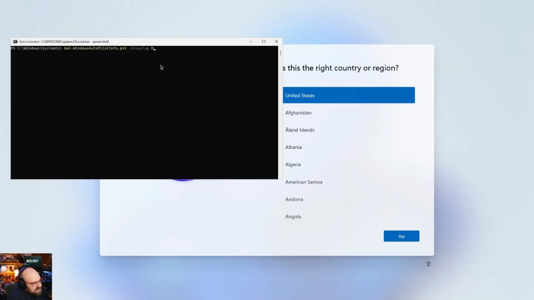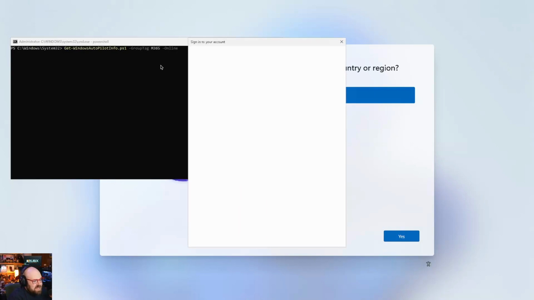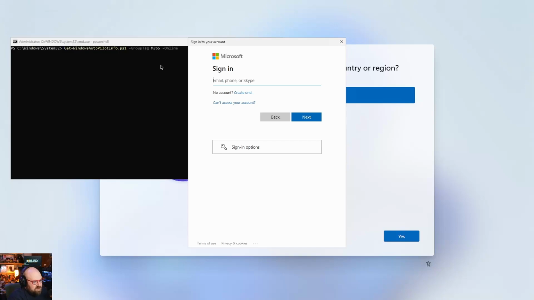But for now, we're going to think of a simple tag that we're going to want to use for our devices. So for these purposes, I'm going to tag mine M365 just to keep things simple. And my last parameter is going to be online. Now you are going to need permissions to approve this. Basically what this is going to do is going to allow you to authenticate into your Microsoft tenant to upload this device directly to Autopilot. So I'm going to sign in with global admin credentials,